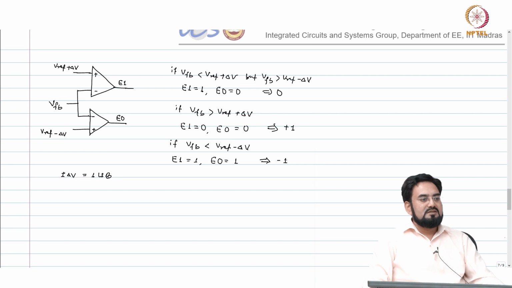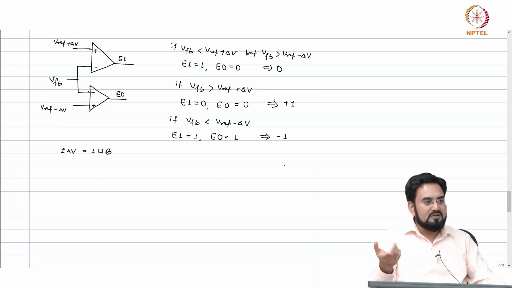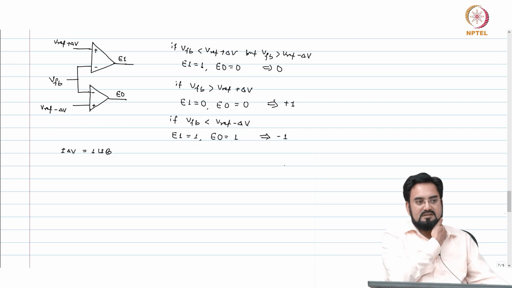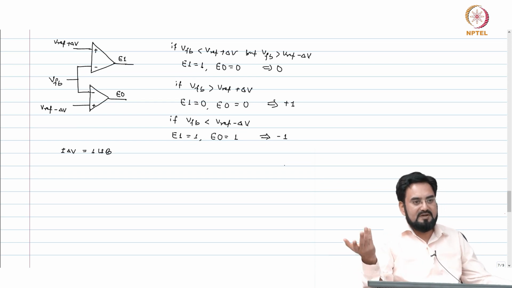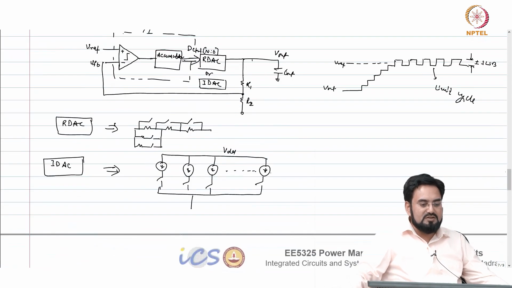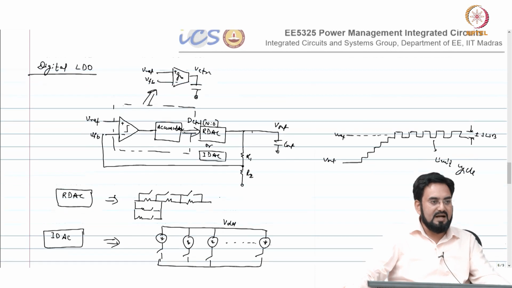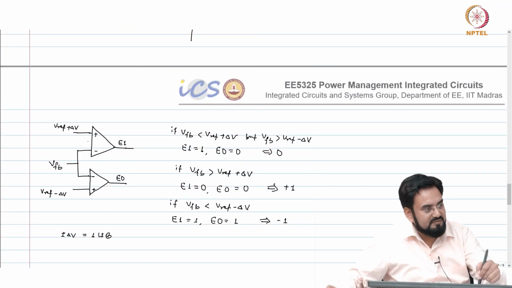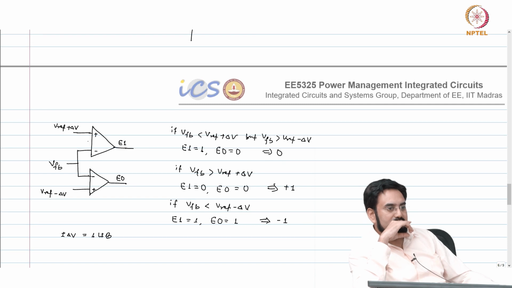So, whatever the accumulator code is, you add 0 or you add +1 or you add -1 in the accumulator. If you are adding 0, your accumulator output will not change. If you are adding +1, it will increase. If you are adding -1, it will decrease. Which means if I ensure that the resolution of my DAC, RDAC or IDAC is more than this window,